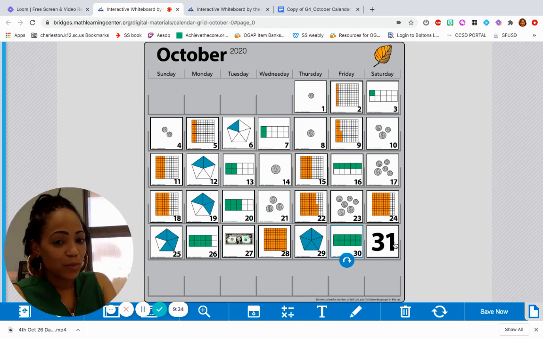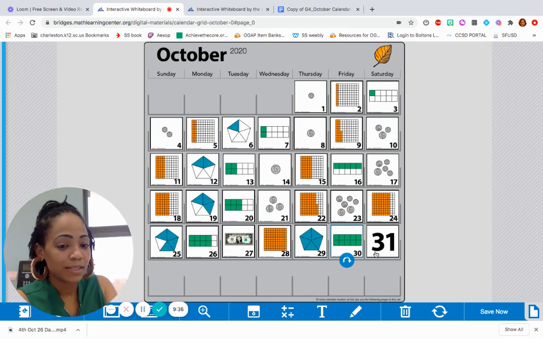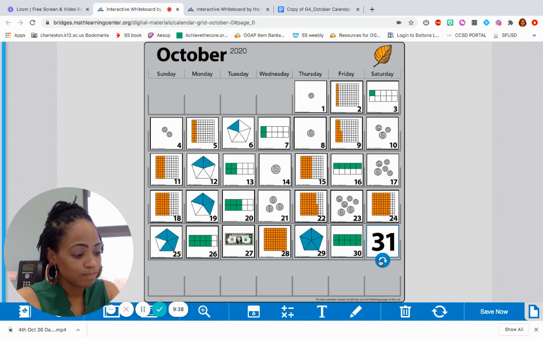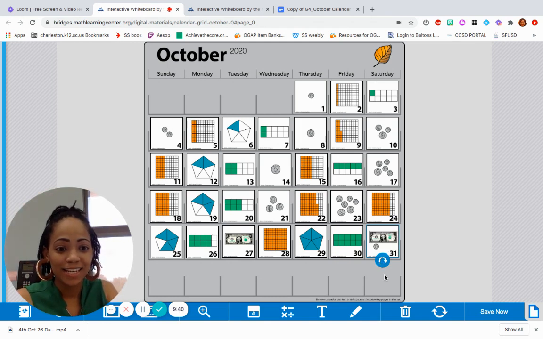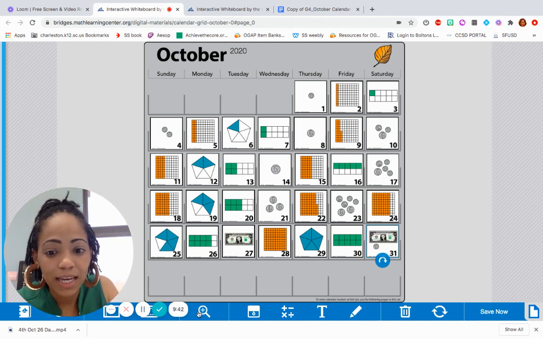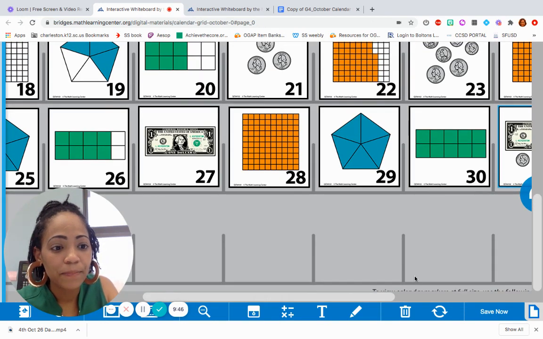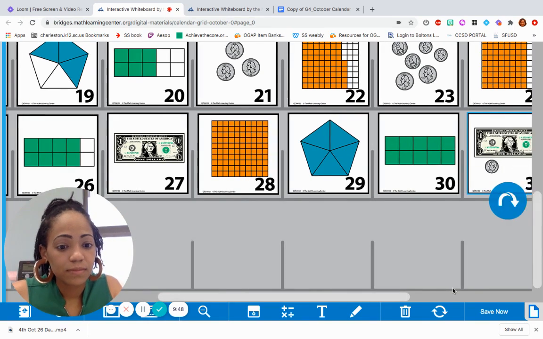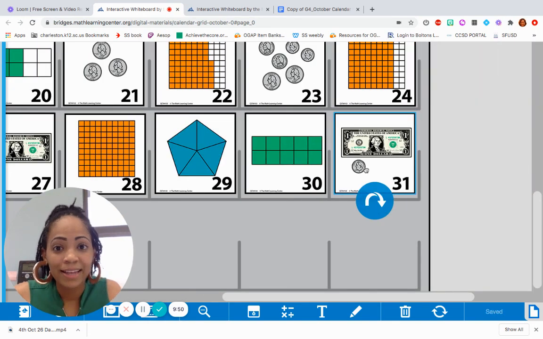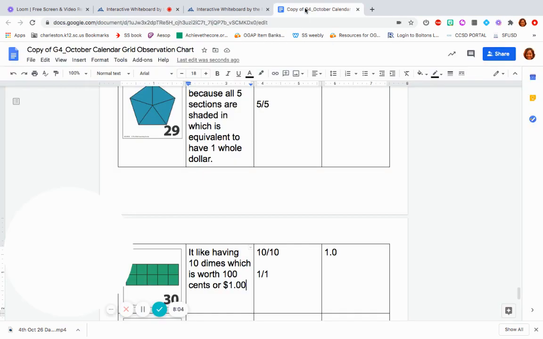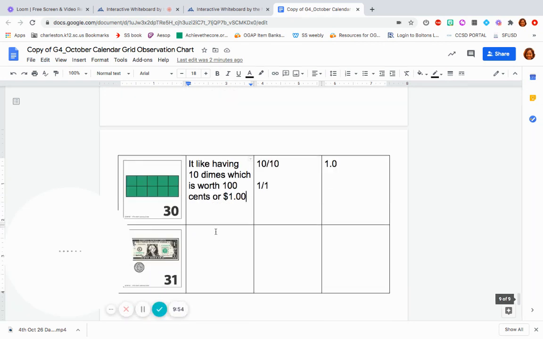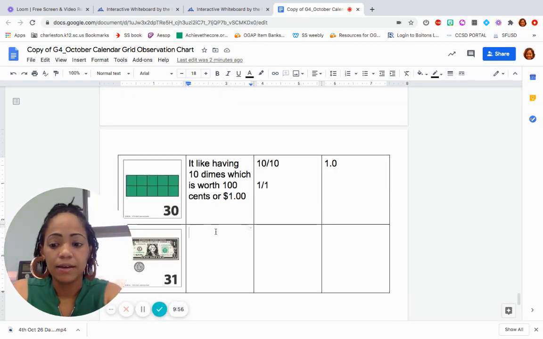So, let's see what it is. It is money, and it looks like, let's zoom on into this bad boy. It looks like $1 and a dime. So if I were to add that to our observation chart, I'd have